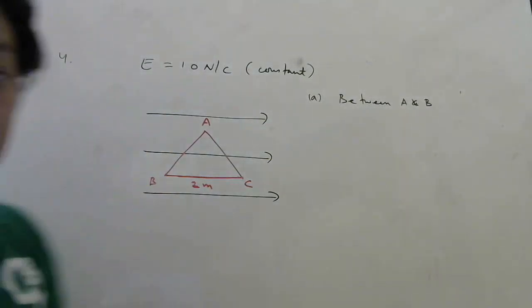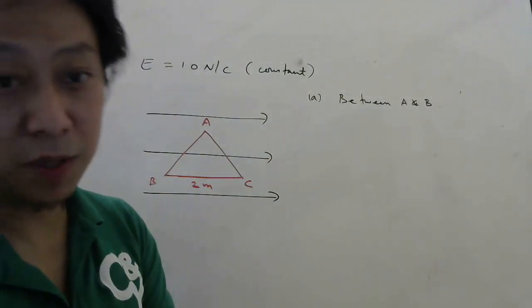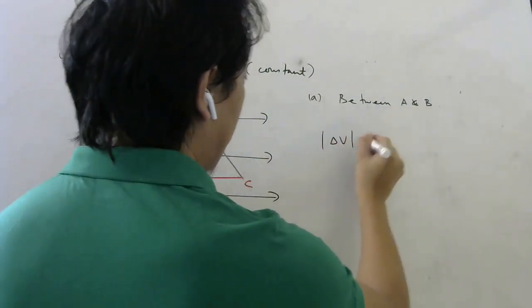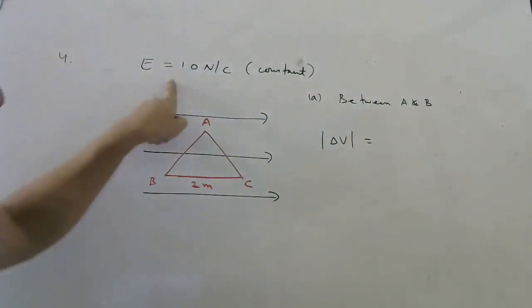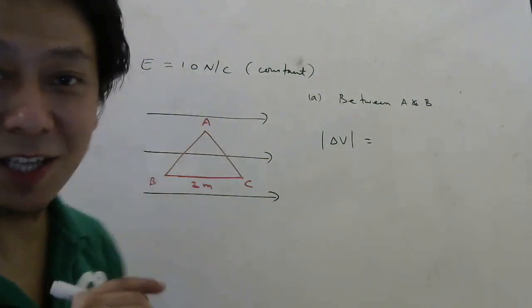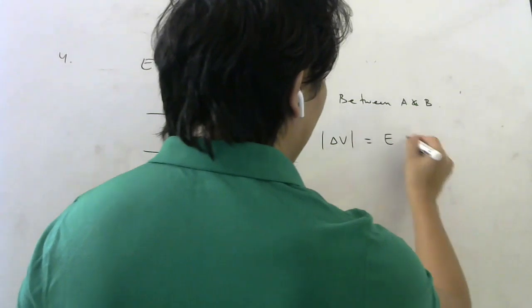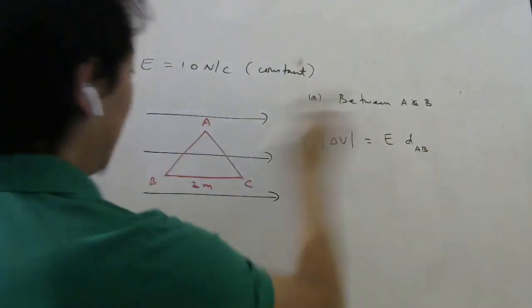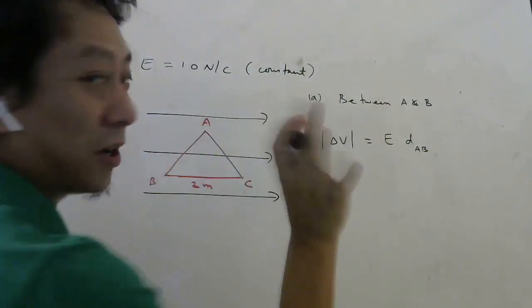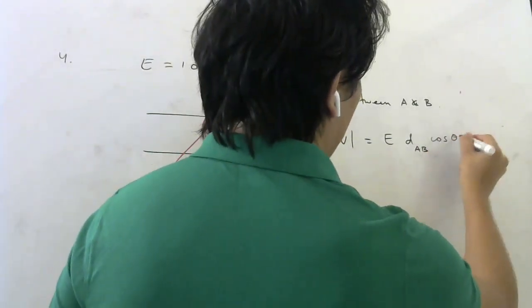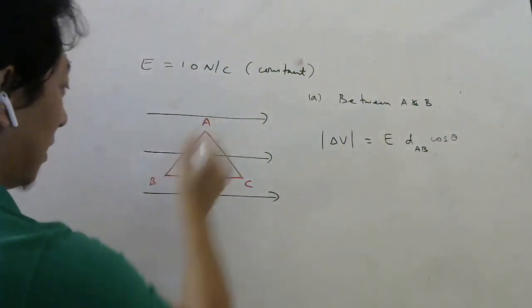Again, a minus sign may be there, may not be there. I will not think too much right now. Right now I will just calculate the difference in magnitude. Since the electric field is constant, what is the formula to find potential difference? While teaching the concept, I told you: E times the displacement between A and B, because you are going from A to B, or B to A, right now I don't care, into cos theta. What is theta? The angle between this vector and this vector.